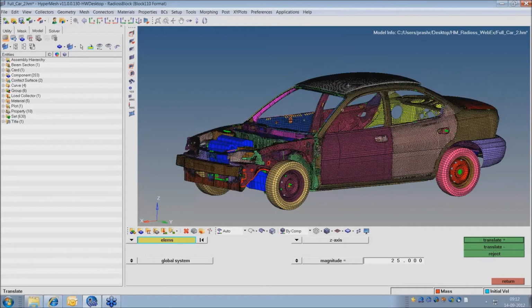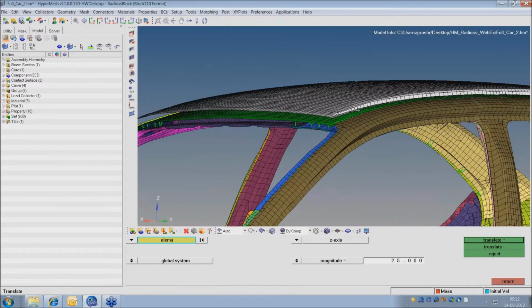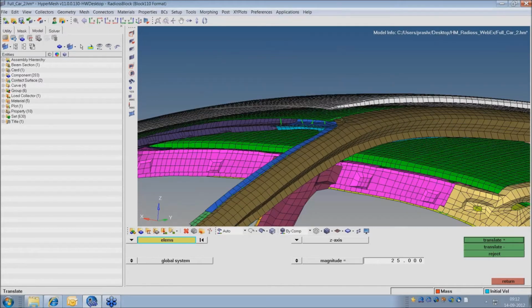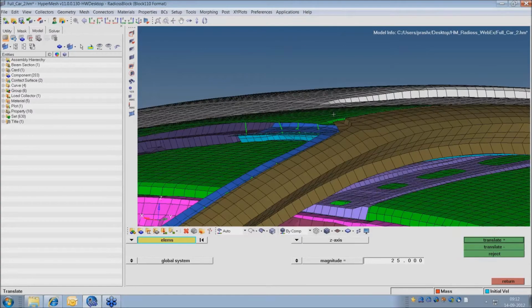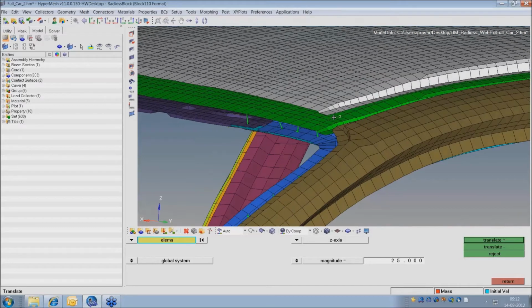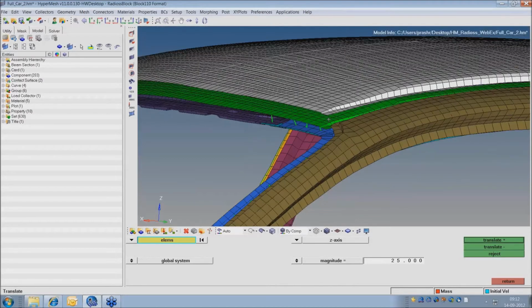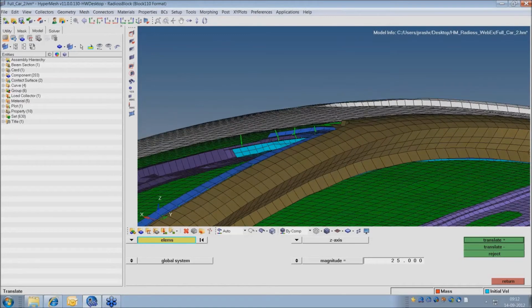Okay, so now I have created a roof hat, and as you can see, I have moved it by a much larger distance. Normally we don't do this. If at all I have to create a roof hat, then we create that roof hat very close to the original roof, and we keep the distance so low because the impact happens as soon as the simulation starts. Now, if I apply the force here, then it has to travel by a distance of